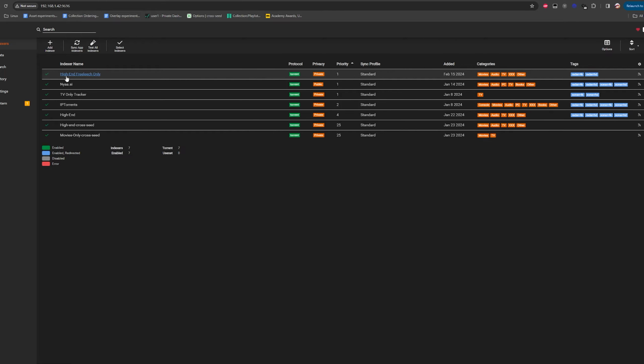And of course, I did a high-end Freeleech only, but because I restricted it to Freeleech, it's not going to hit the tracker for a lot of queries, right? There won't be like 400 torrents it has to look at. So that shouldn't be a big issue in terms of API query limitations.